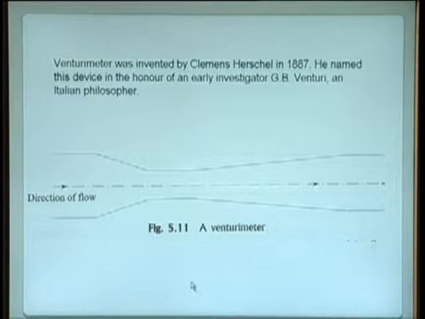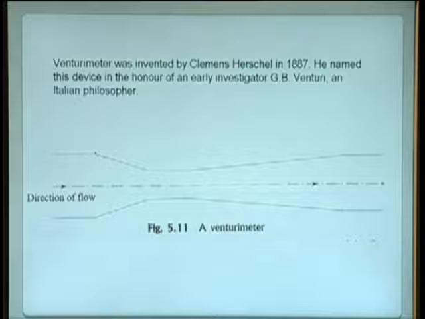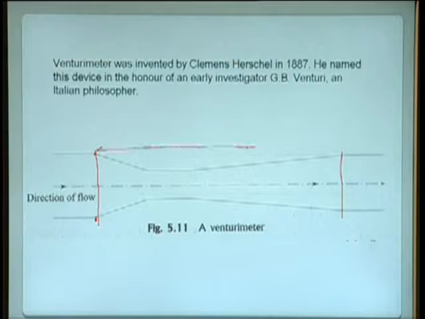So, in this case, this is the shape of the Venturimeter, where up to this point we have a pipe, and here also we have pipe from this point onwards, right. In between, this device is known as Venturimeter. In this Venturimeter, you can see that we have three distinct portions. In the first case, this area is reducing. This is known as converging passage,